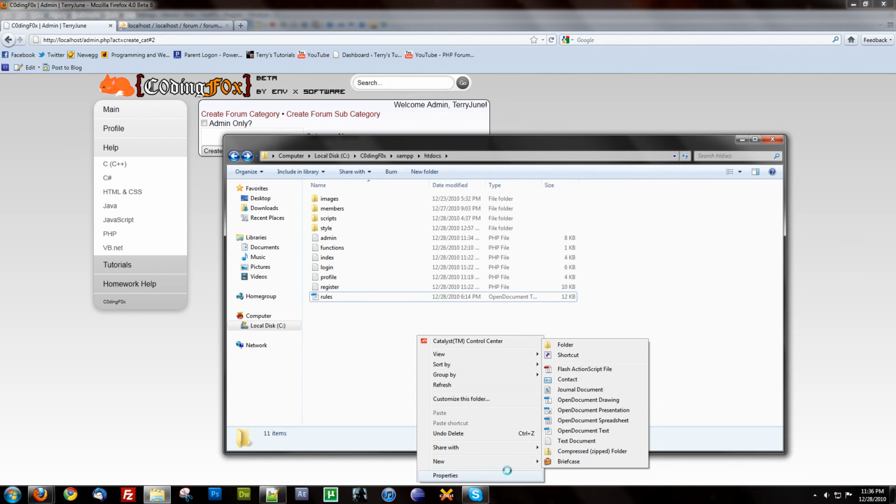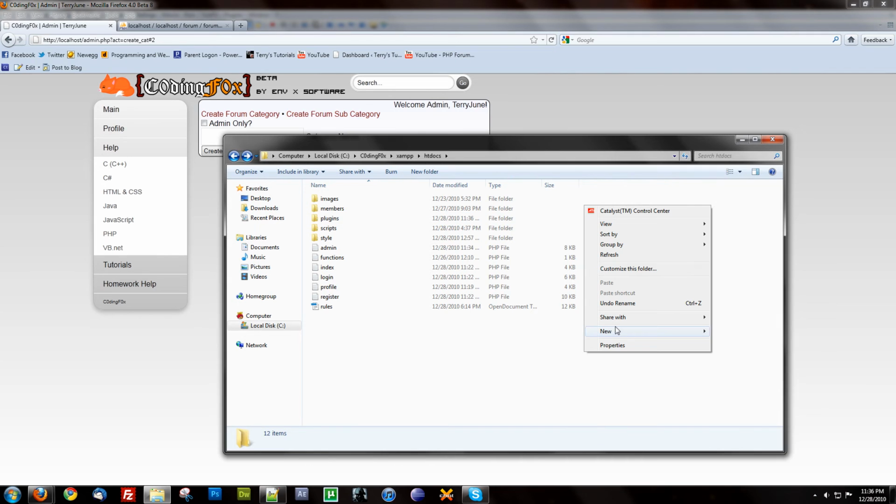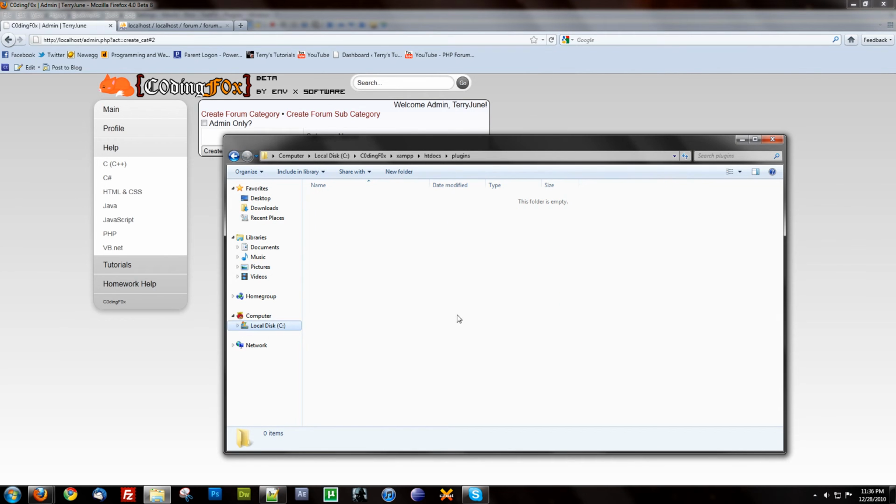new. Oh, crap. Windows is messing up. What should I call it? Plugins. And we'll create another folder. Actually, I won't do that. I was going to create one called themes, but I don't need it. And in here, let's say I'm going to make a syntax highlighter, or add one in here for the code. If you paste code on my forum, it'll go in the plugins, and I'll make a script that looks for plugins in this folder. So,